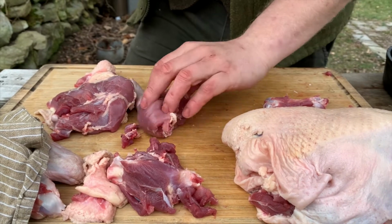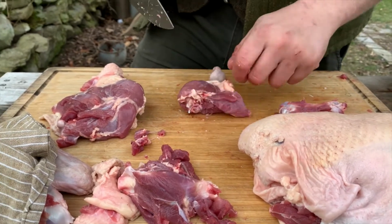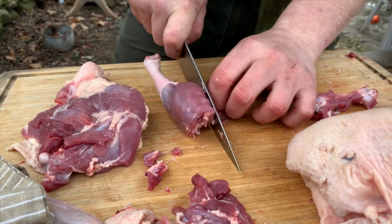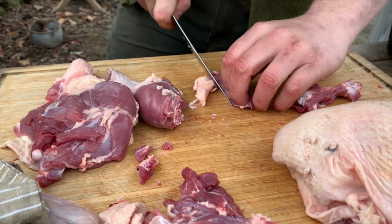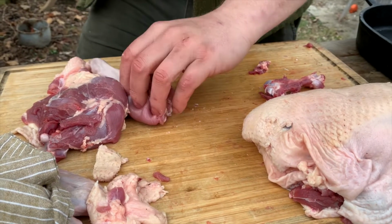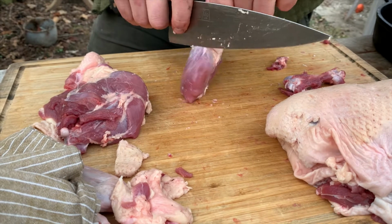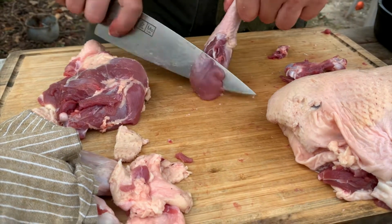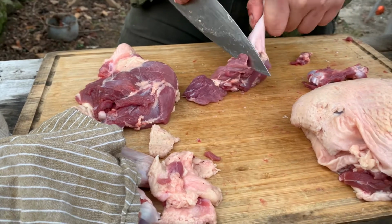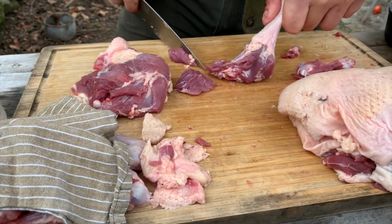Now onto the drumsticks. It's a very similar process. Cut this chunk off here. Again, this piece here can go into our fat pile over here that we'll render down and use as a cooking medium later. Any of the chopped up meat can go right into a bowl. Put this up on its end, use your knife to carve down. This is the same technique you would use if you're doing a roasted drumstick for chicken, turkey, goose, duck, after it's been